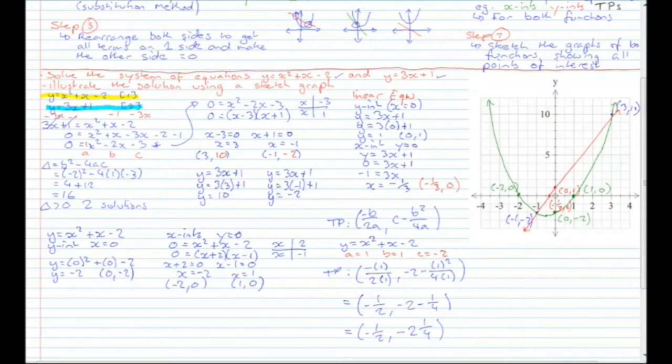And there you go. What we've done is we've sketched a quadratic function that you can see here by the green one, we've sketched the linear function that you can see on the red one, and we've shown the quadratic x-intercepts and the y-intercept and the turning point, the linear x and y-intercept, and also we've shown these points of intersection that we originally found right here and here by making each equation equal to each other. And of course I found my turning point